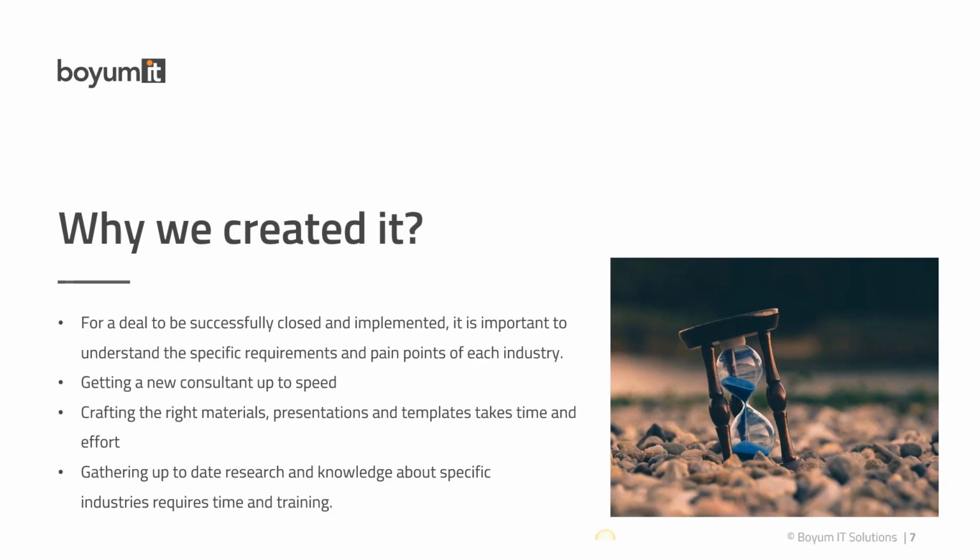This is something that takes a lot of time to compile, and later on, of course, creating the right material, presentations, and templates takes a lot of effort. And more than that, when you want to onboard a new technical consultant, implementation consultant, pre-sales or sales employee, getting them ramped up fast is an issue if they don't have the right material in place to help them during this journey. So this is the reason why we created it, really to help the partners,